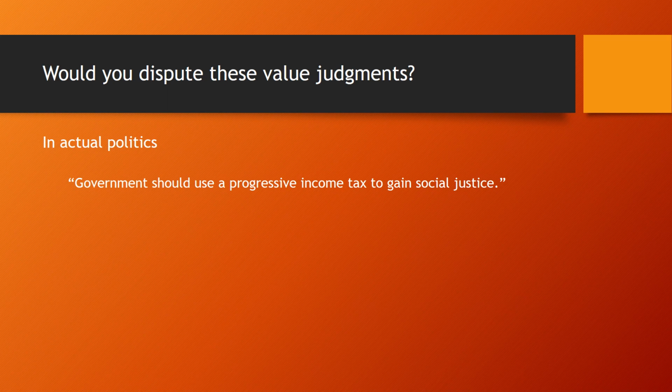In other words, there would be value judgments that the role of government is to gain social justice and not value judgments associated with gaining efficiency. You might also hear in politics someone say, people should want to protect nature as it is. And this would be disputing the value judgment, I think, that we take individuals' preferences as given.